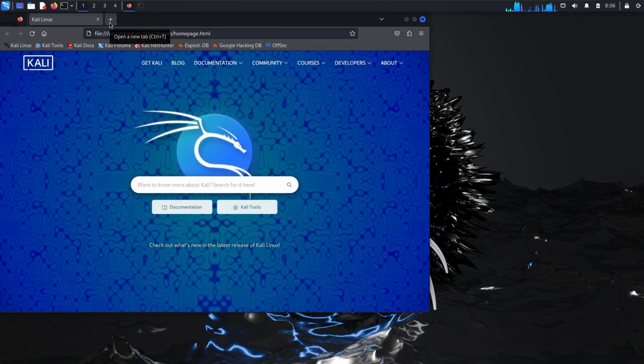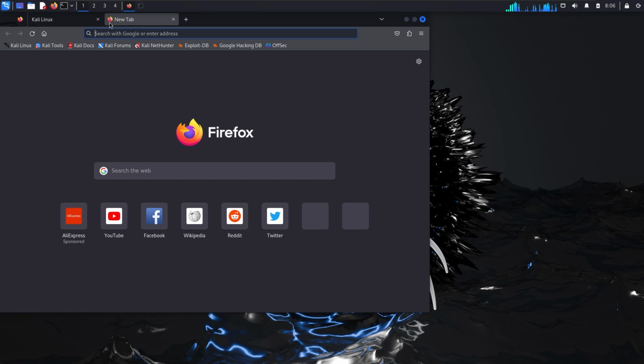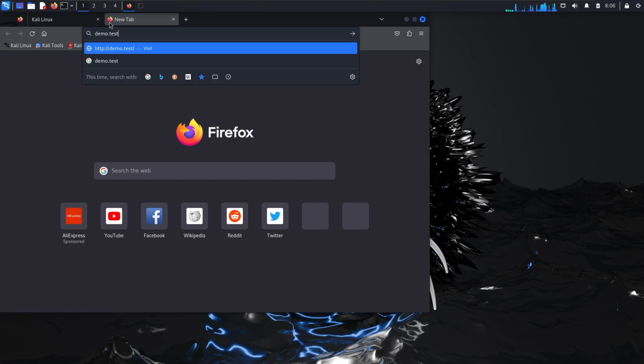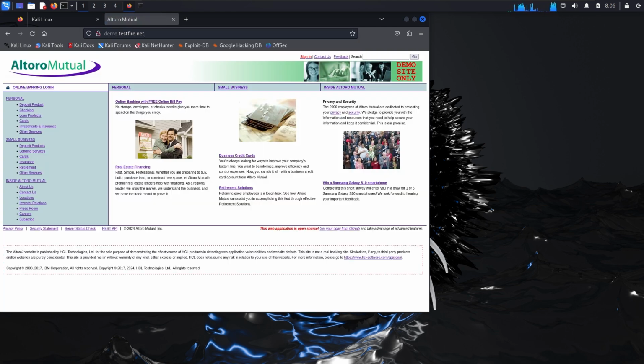Let's visit demo fire.net, which typically uses HTTPS. If you look at the top of the browser, you will notice it's loading over HTTP instead of HTTPS. Exactly what we want. Let's enter some login details